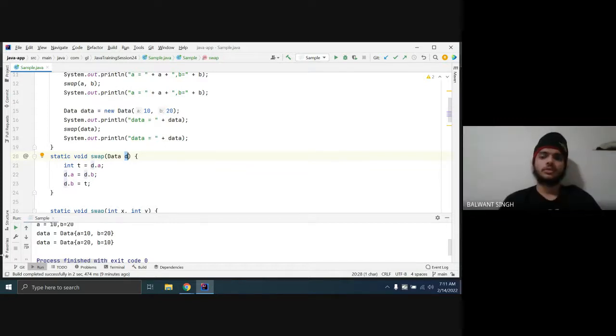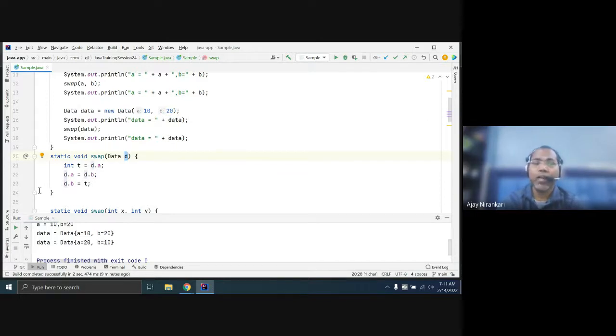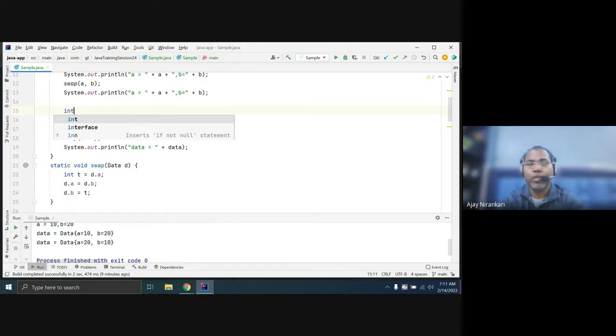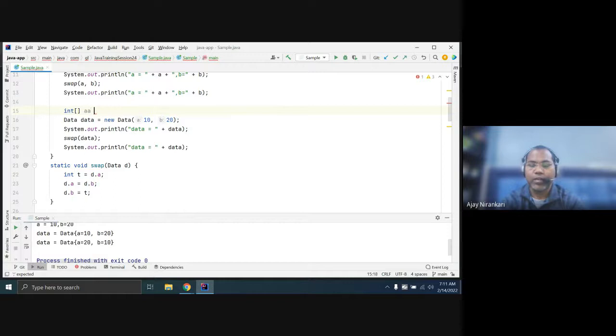Please note that in the case of any array data structure, this is the default. If you create a primitive int array like a equal to 1, 2, this is also an object, and the array is created inside heap memory, and that is shareable. If you pass this a, you are not passing an integer, you are passing the object, right?